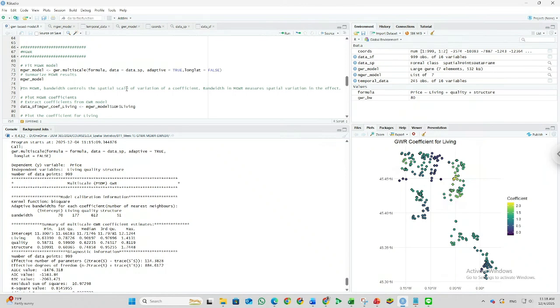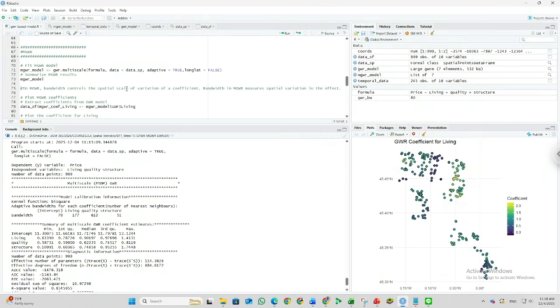But a small bandwidth tends toward local variation. So with a small bandwidth we have a local impact. But if we have a higher bandwidth,